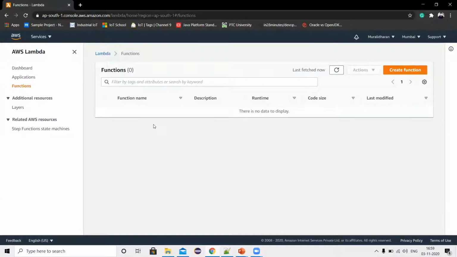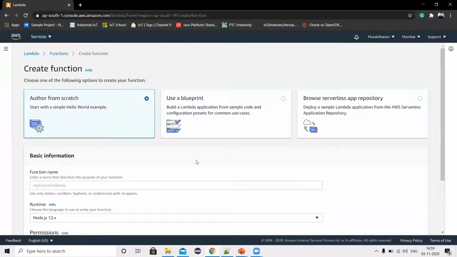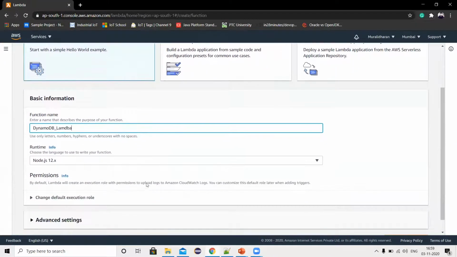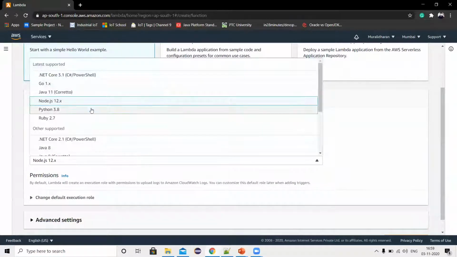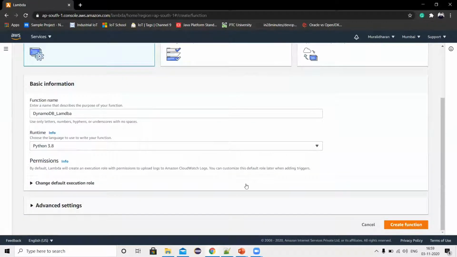I hope you can better understand how to create Lambda by now. Click create function, and here we have to provide a function name, DynamoDB lambda. So this is the Lambda service I'm creating, and I'm selecting the runtime environment and clicking on create function.